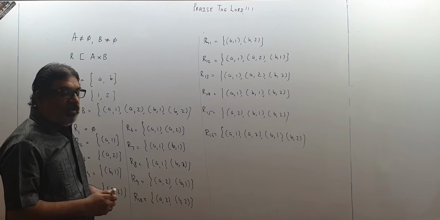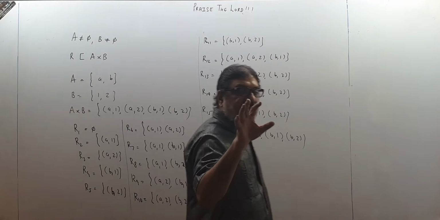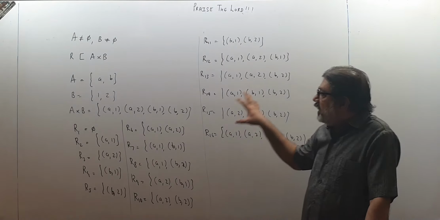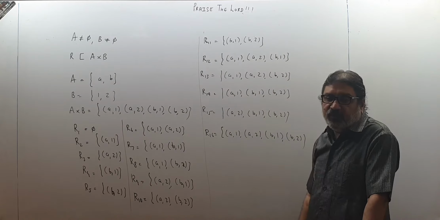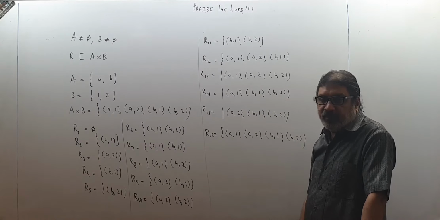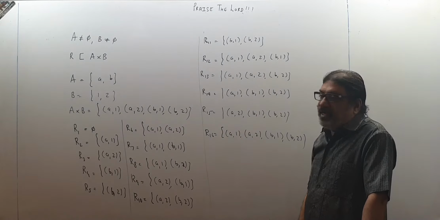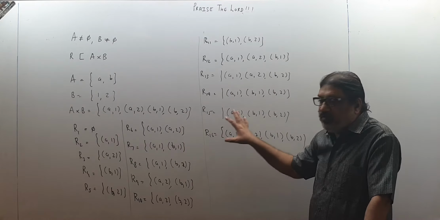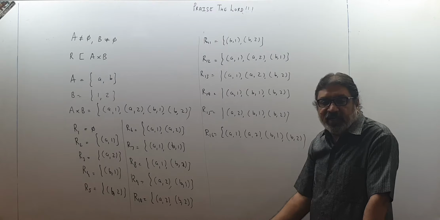Like that 16 subsets are possible, and therefore 16 relations are possible from A to B. All these are relations, these sets that I have constructed for you, for your better understanding. So what will be a relation? It will be any subset of A cross B. Any of the subsets you can pick up out of all these 16, each will be called a relation.